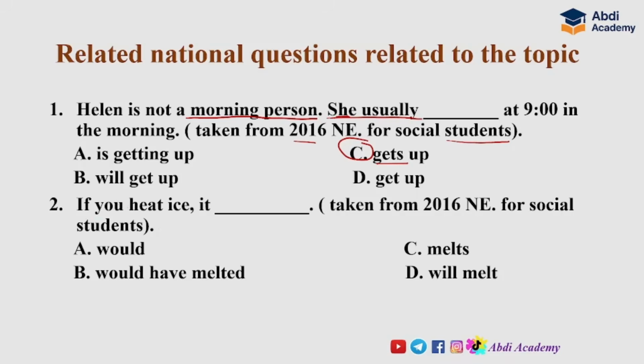Question number 2. If you heat ice, it's blank. This question is also taken from the 2016 national exam for social students. Gaafuma wal fakkaataa irraa fudhatame. If you heat ice, it's blank. A would, B would have melt, C melts, D will melt. Yoo gaaffii kana laallesi